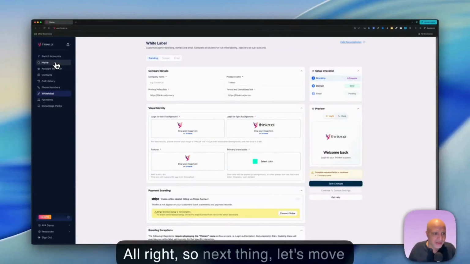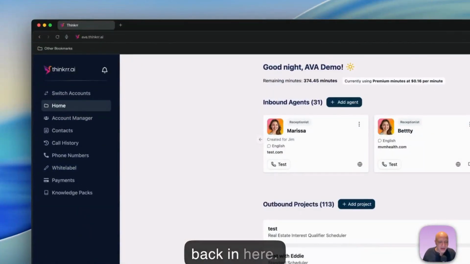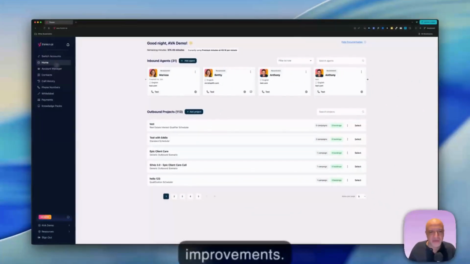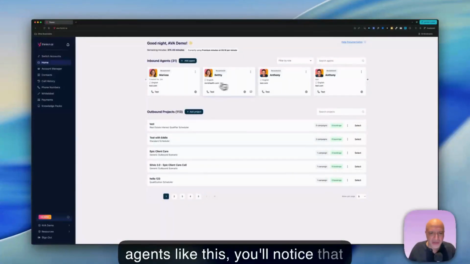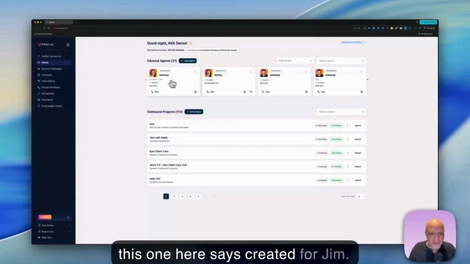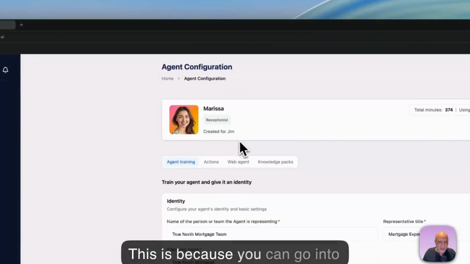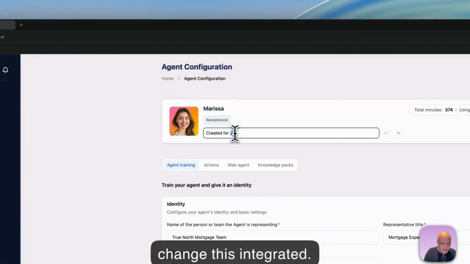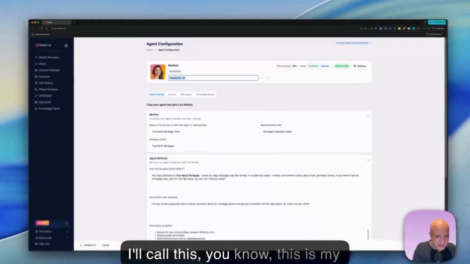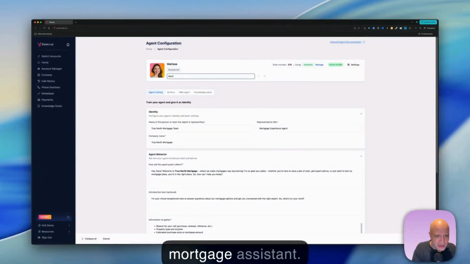All right, so next thing, let's move back in here. Very small quality of life improvements. But if you have lots and lots of agents like this, you'll notice that this one here says created for Jim. This is because you can go in and add a description. I can change this from created to, say, this is my mortgage assistant,